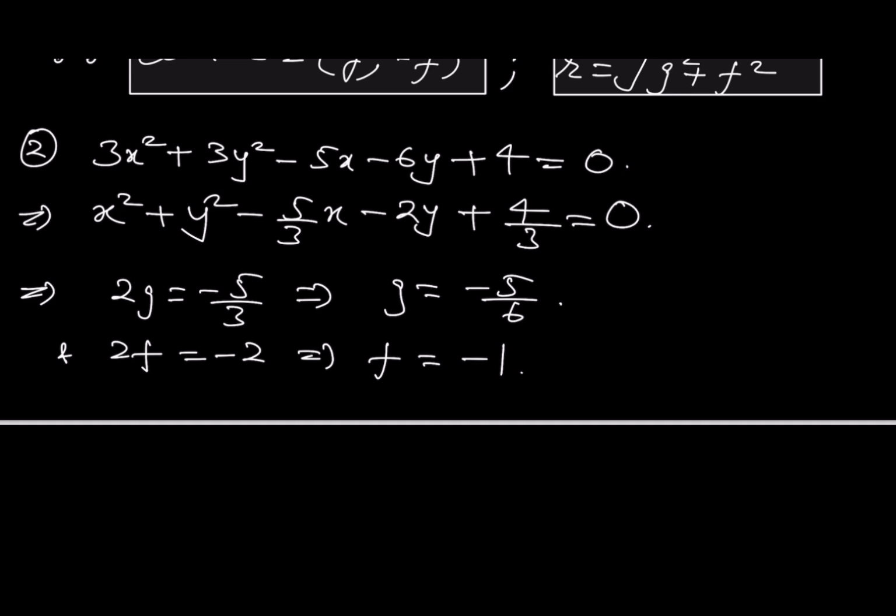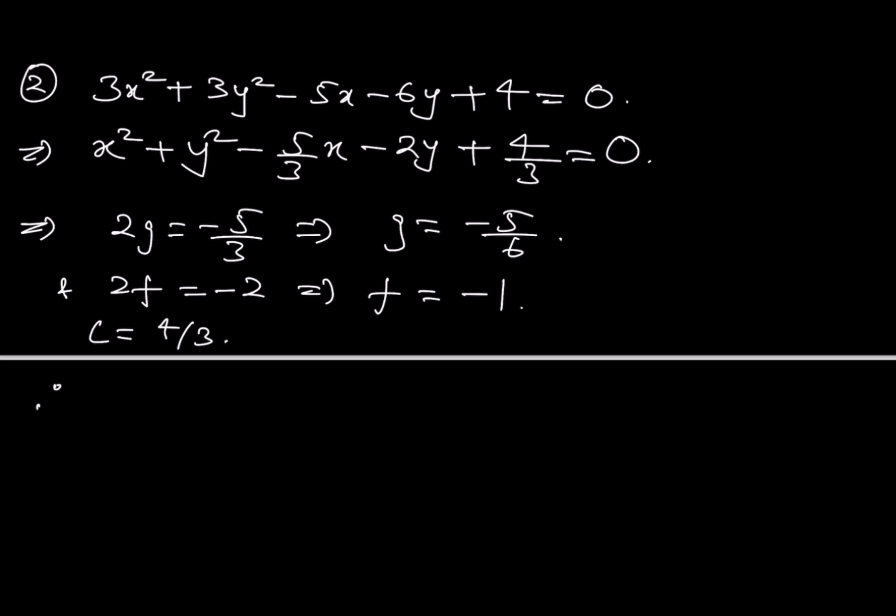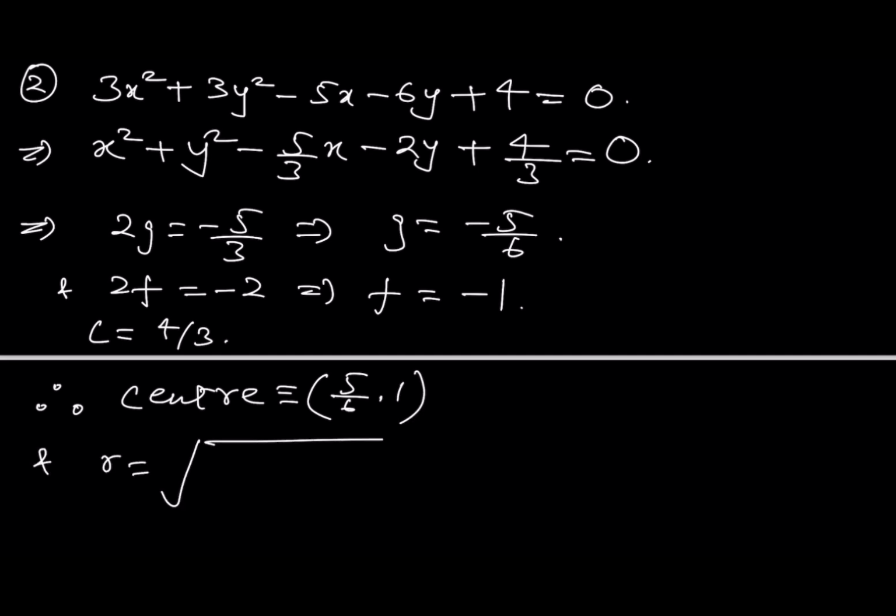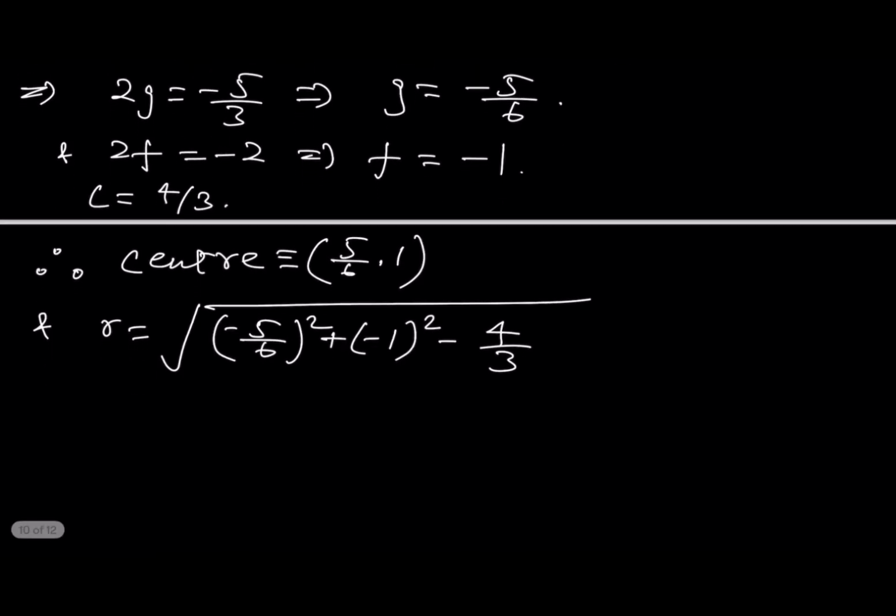And c is 4 by 3. So center is minus g comma minus f, which is 5 by 6 comma 1, and radius is root over g square plus f square minus c, that is minus 5 by 6 whole square plus minus 1 whole square minus 4 by 3. So it will become root over